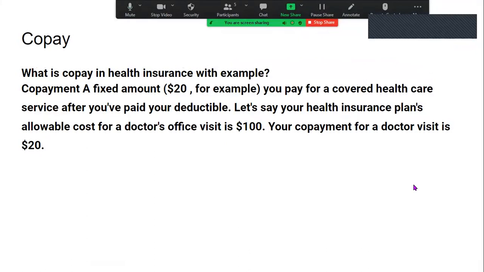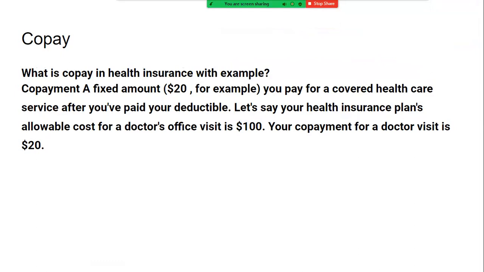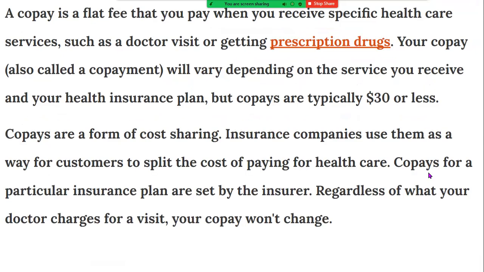So what is a copay? A copay is a fixed amount. For example, it can be $20. You pay for a covered healthcare service after you've paid your deductible. Let's say your health insurance plan allowable costs for the doctor's visit is $100. Your copay for a doctor's visit is $20. A copay is a flat fee